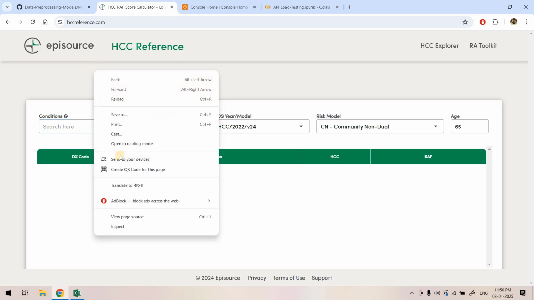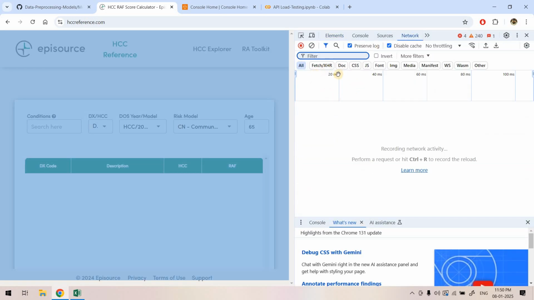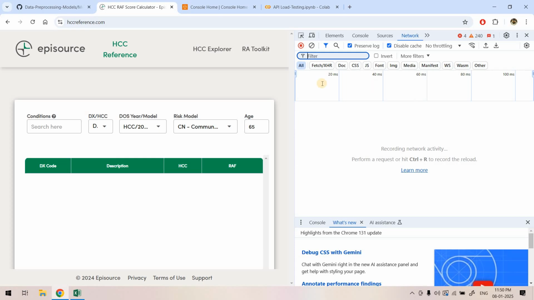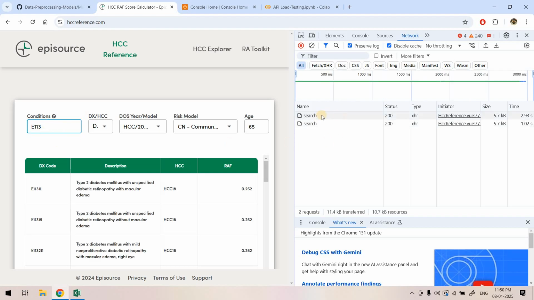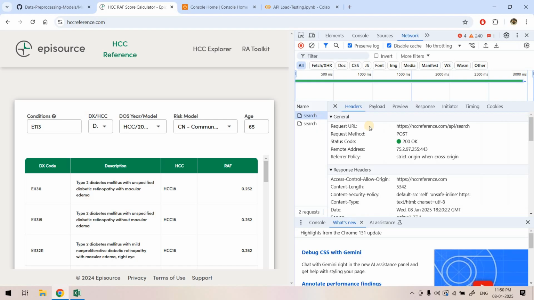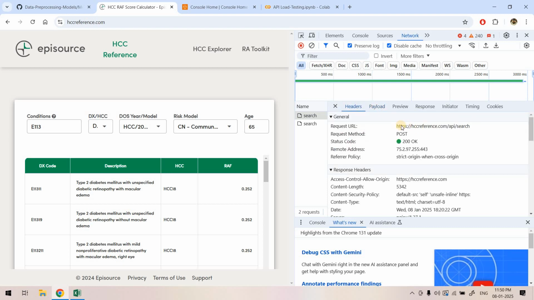Okay, so here if you click on this particular website and go to the inspect section, and if you go to the network section, here you will be able to see all the API requests, whatever is happening whenever we are putting some value in any particular place. For example, here in the condition I am putting E113, one specific condition related to a certain disease. Here you will see that some search happened. If you click on the search, here you will be able to see what the request URL is, right? How it is making the request. For that, if you want to inspect that, you can go to the payload section, and this is the JSON basically it is passing to this particular endpoint,